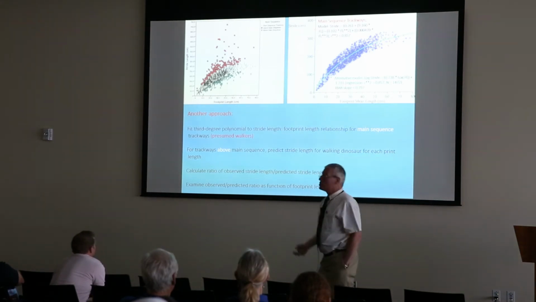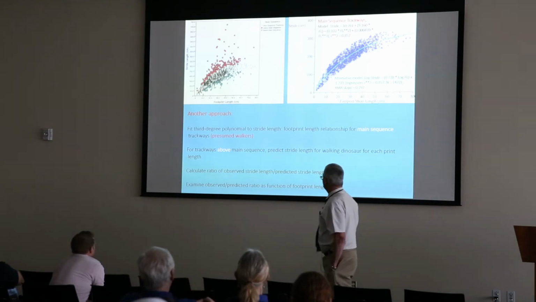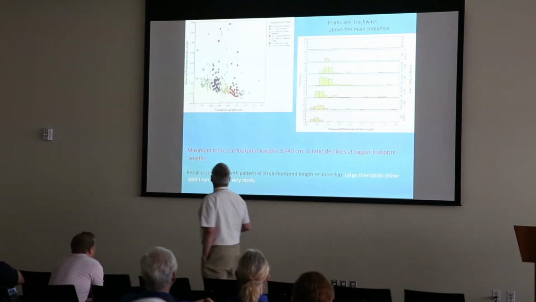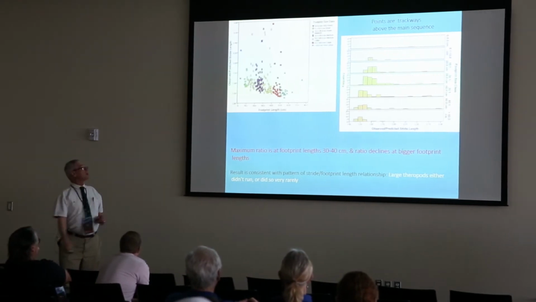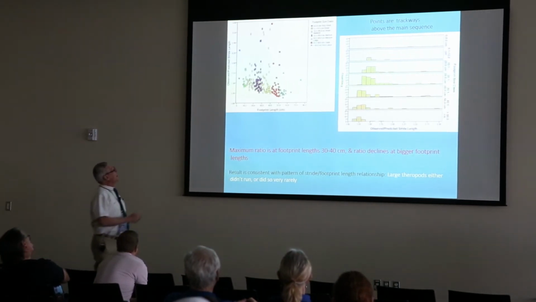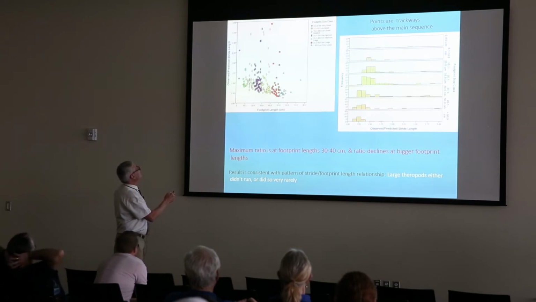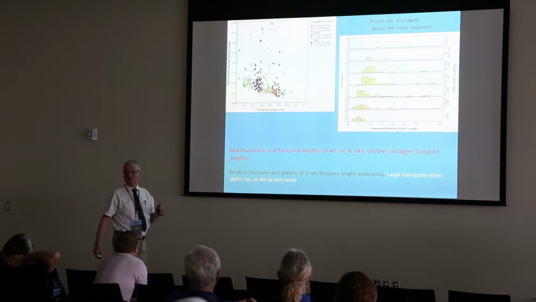And then we look at the ratio to what we observe in the runners versus what would be expected, and see how that varies as a function of footprint length. So again, these are only data for the ones that are above the main sequence, the ones that we think are running. And this is what the plot looks like. Look at the maximum deviation from expectations. It occurs for footprints in the same size range of around 30 to 40 centimeters, and then it does go down